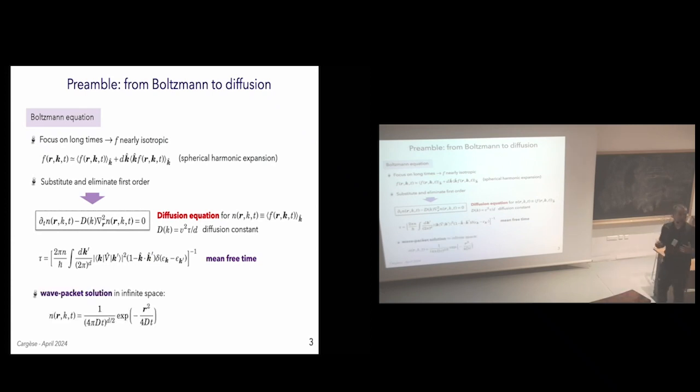Now if you come back to the previous cold atom experiments I presented, in that experiment you have a wave packet spreading in a, let's say, infinitely large disordered potential. There are no boundaries anywhere. And so the relevant solution of the diffusion equation is just the Gaussian kernel, the diffusive kernel. Pay attention to the density at the cloud center at r equals 0. It decays as 1 over t in 2 dimensions. That's what was observed in this experiment.